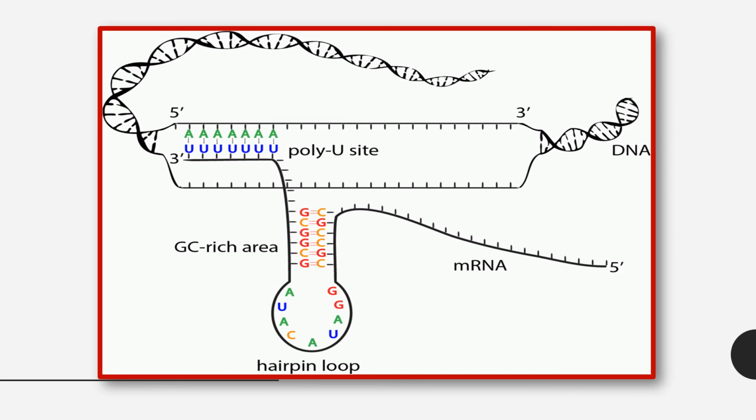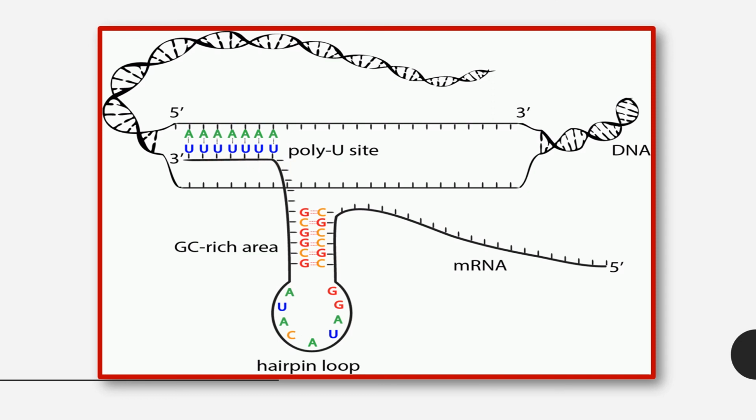While in the template strand adenine is present, in the coding strand thymine is present. Now after this guanine cytosine hairpin loop, a uracil nucleotide sequence will be repeated in the messenger RNA. As the template strand has adenine nucleotides, the uracil nucleotides will be added here. Now at this point the process of transcription will be stopped, it will be terminated. This messenger RNA from 5' to 3' direction has been constructed by the RNA polymerase.